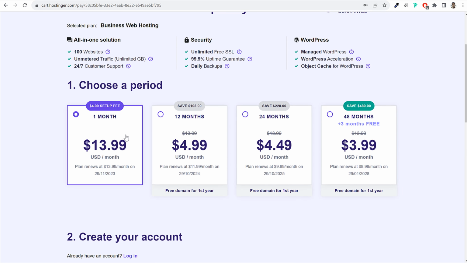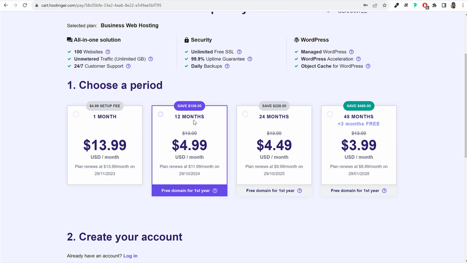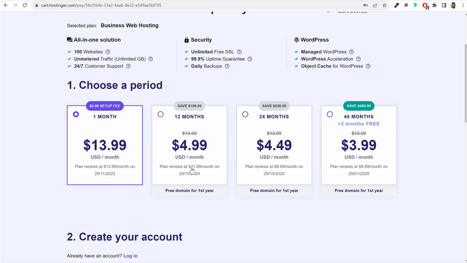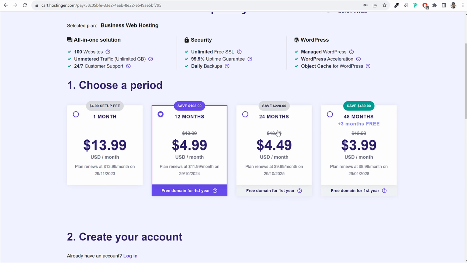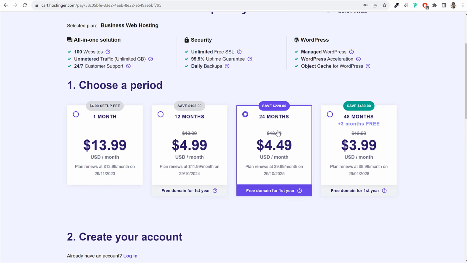So if you go with 1 month, you'll have to pay $14, which is very expensive. We don't want to select that. If you select the 1 year plan, you have to pay $5 per month. And after 1 year, when your plan renews, instead of $14, you have to pay $12 per month. And if you select 2 years, that is even better, because for 2 complete years, you will get your hosting for just $4.49 per month. And even after 2 years, when you renew your account, you don't have to pay $14, you just have to